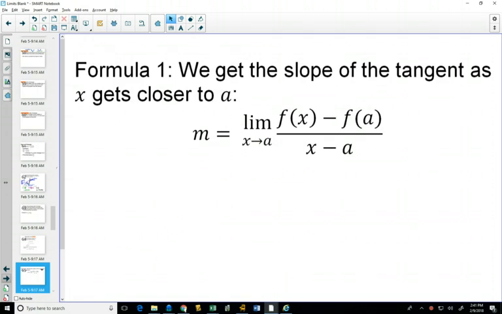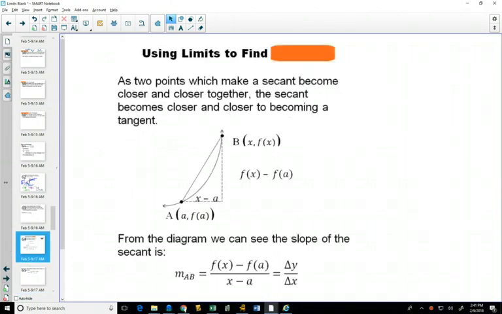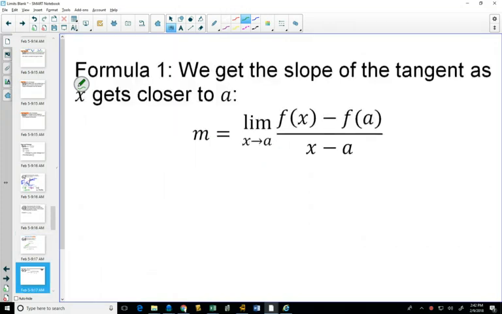What we want to do, and this is the first formula we're going to look at, we have 2 different versions of this formula. What we're going to look at is saying, if I want to find this tangent line right here at A, it's going to be the limit of this slope as x gets closer and closer to A. In other words,